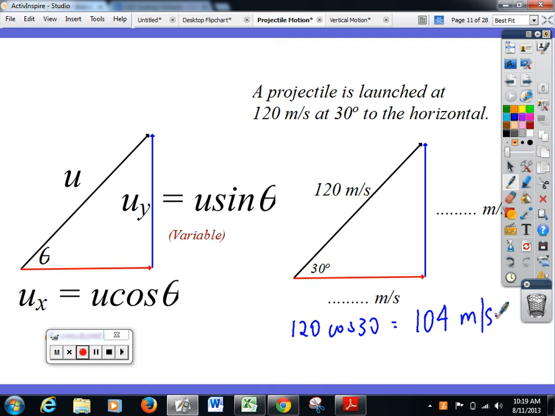So this bullet is projected this way, as if we're pushing Jess 104 metres per second by the two horizontal ladies. Okay? Now, let's work out how much Jess is throwing her ball up in the air, her bullet in the air. So she'll be throwing up at 120 sine 30. Now we all know sine 30, as an exact value, is a half, so it's 60.